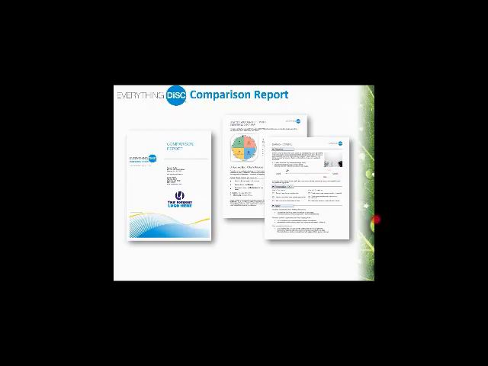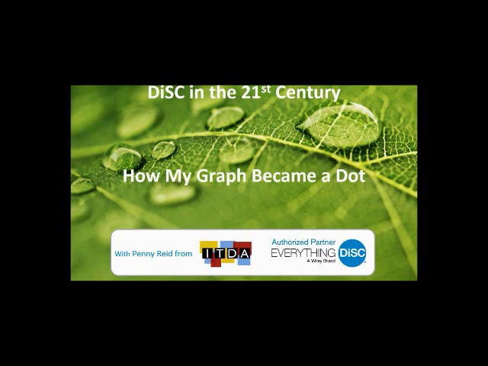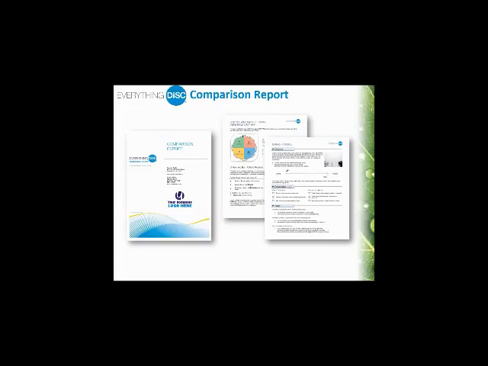Now, these reports can be created for any 2 people who have completed any profile in the Everything DISC range and are available at no additional cost and in any permutation. Critically, there are 2 reports in each comparison, one for person A with person B and the other for person B with person A. Now, once you become familiar with these reports, you will find that there are many situations where they prove